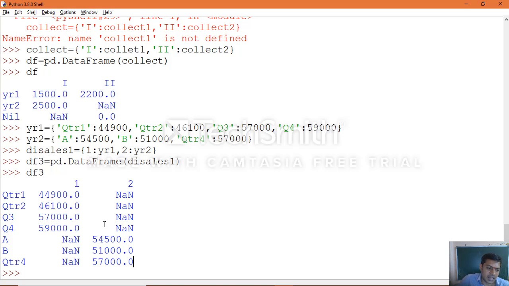What are the column names? Generally, when you have inner dictionaries, the outer dictionary keys are represented as column names. This is the outer dictionary object we created, so 1 and 2 are the keys of this object, and that is what you see as column names.